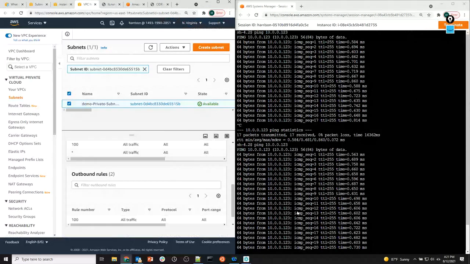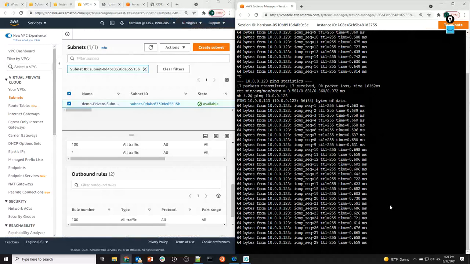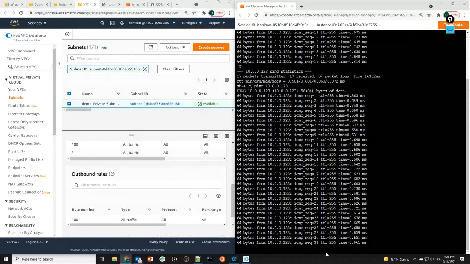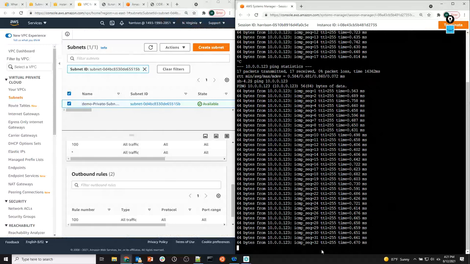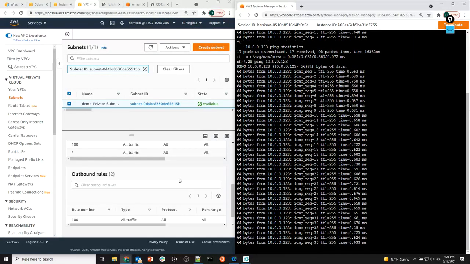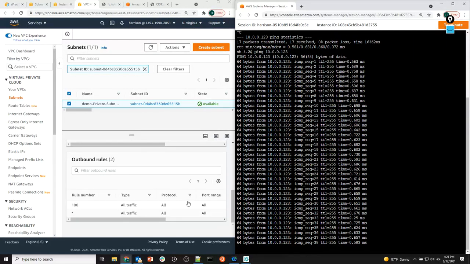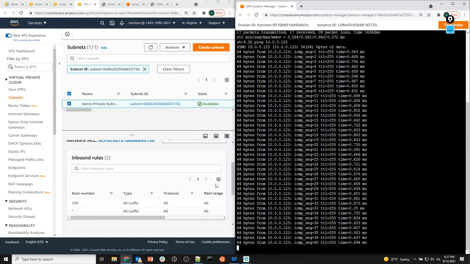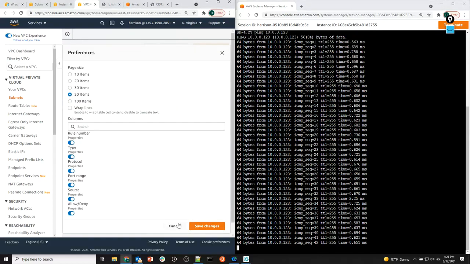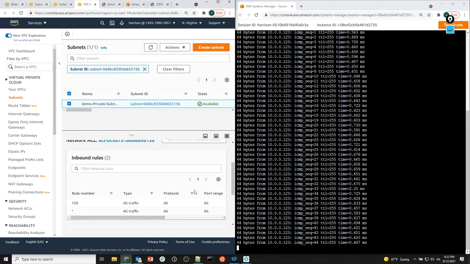So the ping is still going. It's still saying, all right, here's another one, here's another one, here's another one. You can see that because the ICMP sequence right in the middle of that is increasing. So what I'm going to do is jump in here, and I am going to edit these